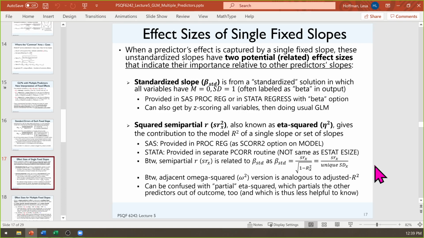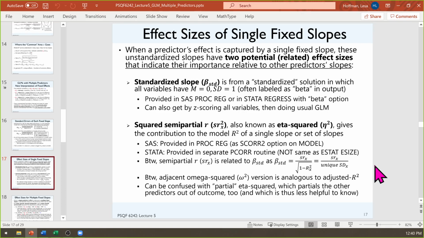So not all software programs give both. I think both SAS and Stata do, although it's much easier to get eta squareds for different combinations from SAS than from Stata. So I'm only going to ask for eta squared type statistics in cases in which both programs will give the answer directly to try and keep it fair. So semi-partial eta squared then, in a squared metric, is how much of the R squared is due to that predictor.